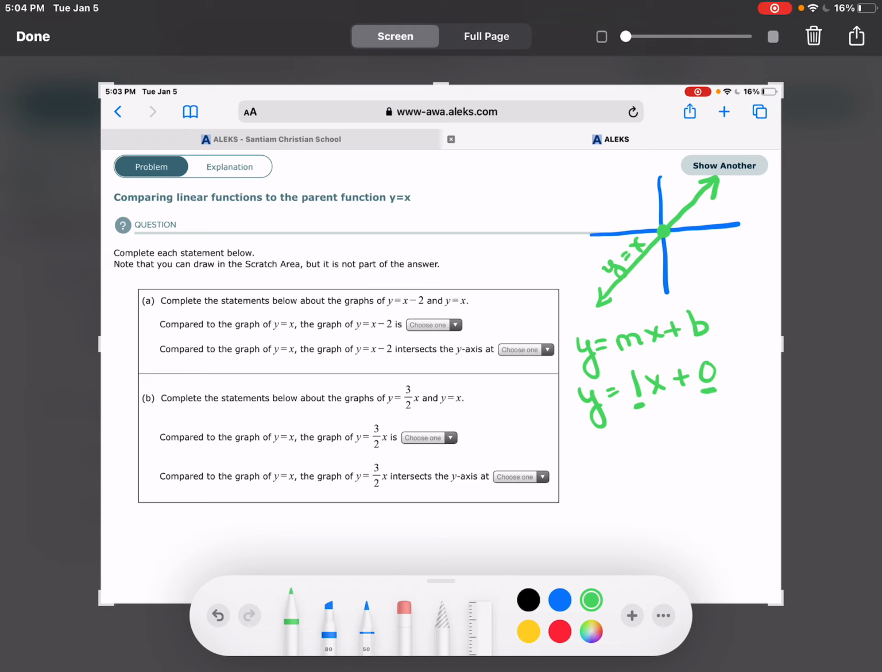So keep in mind that we're always looking at, this is the slope. It tells us how steep the line is. And this is the y-intercept. It tells us where our line crosses the y-axis. So the y-intercept shows us where we cross that. So if we have a graph that says y equals x minus 2,